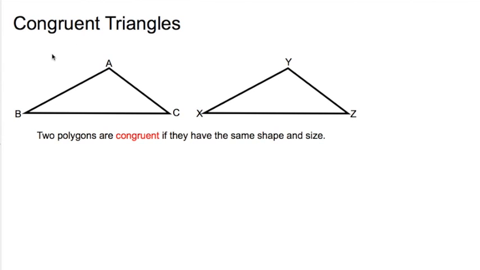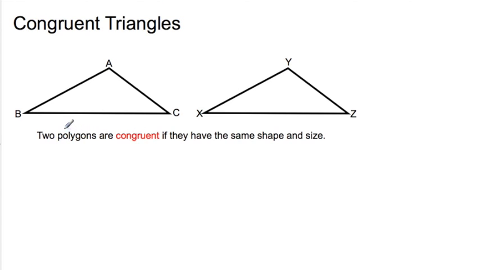Talking about congruent triangles. Two polygons are congruent if they have the same shape and size. But today we're going to be focusing on triangles. Take a look at the two triangles in this diagram. If you trace triangle ABC on a piece of paper and put it over XYZ, you'll find that the two